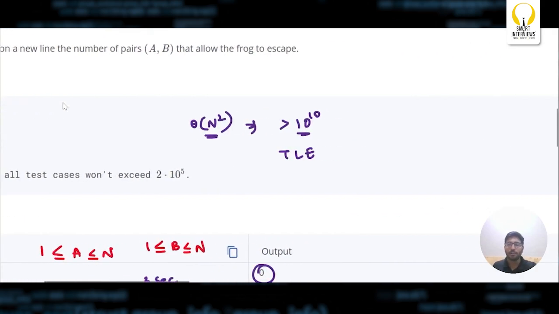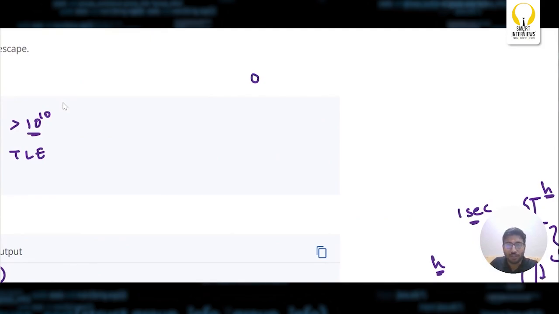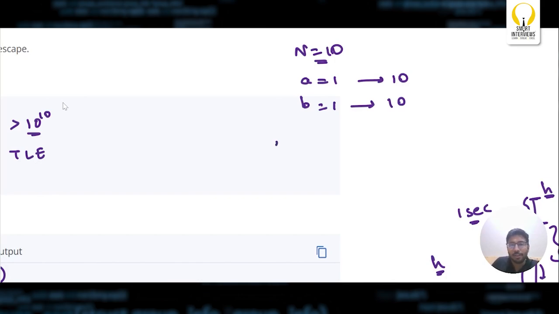Instead of finding every possible pair, I'll try to find out the values for A first. Okay. Now let's say n is equals to 10. The values of A can range from 1 and can go up till 10. The values of B also can start from 1 and go up till 10. But if you observe one thing, let's say a pair of A is equals to 10 and B is equals to 5 is a valid pair. Can I say a pair of 10, 3 is valid or not? Yes, exactly I can say, because